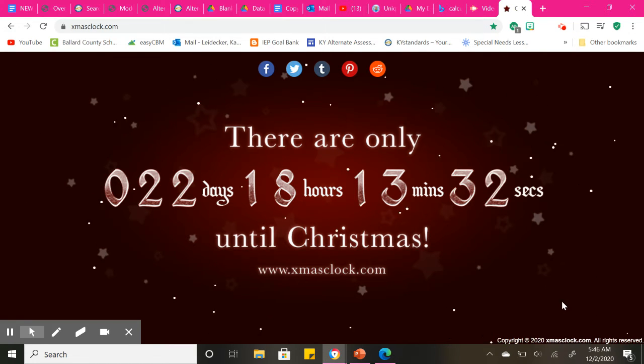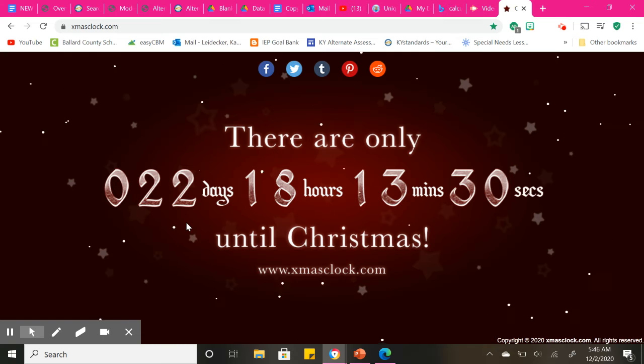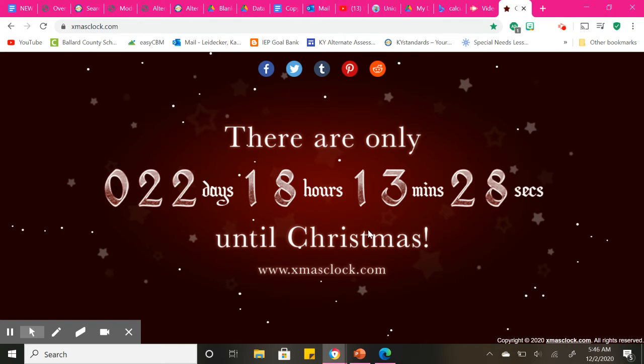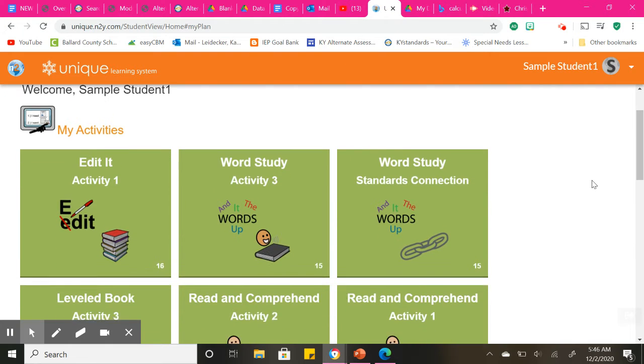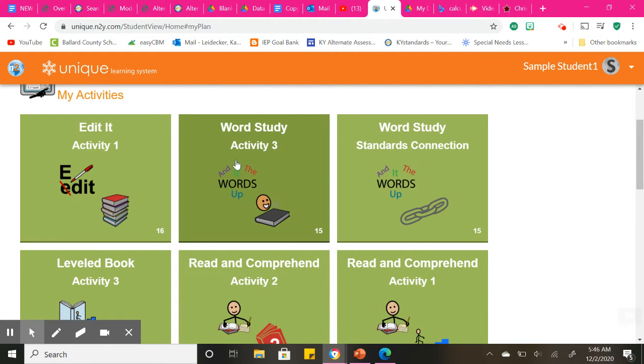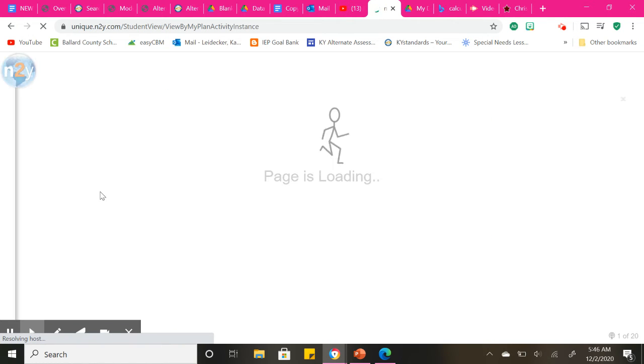Today is December 2nd. There are 22 days, 18 hours, and 13 minutes until Christmas. Today on Unique, we're going to be doing some writing, some vocabulary, and reading. So we will start with